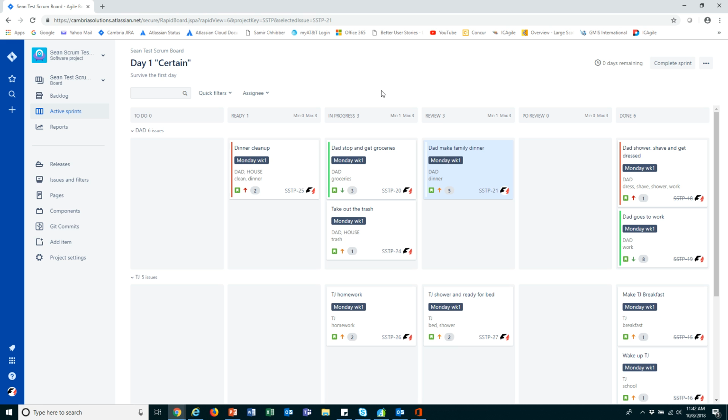In other words, starting to finish work rather than starting work. We want to get things done as rapidly as possible, and this is a way of doing it. So that's a way that you can impose WIP limits on your visual information radiator or your active sprint board,